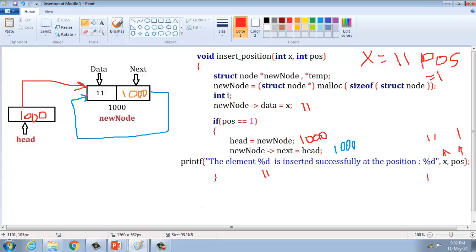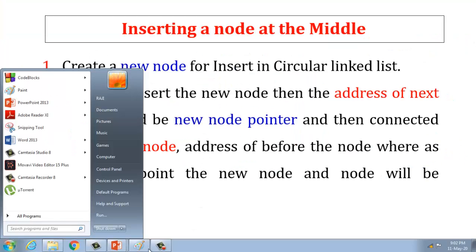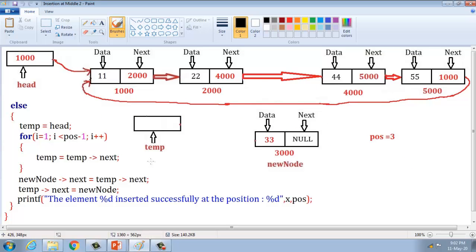Have you understood clearly? The second case: if there are n nodes present in a circular linked list, we try to insert at any specified position, that is first, second, third, fourth, and so on.